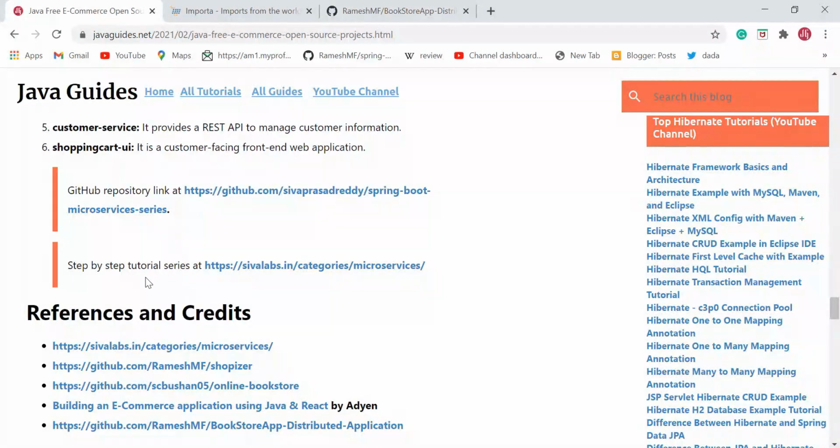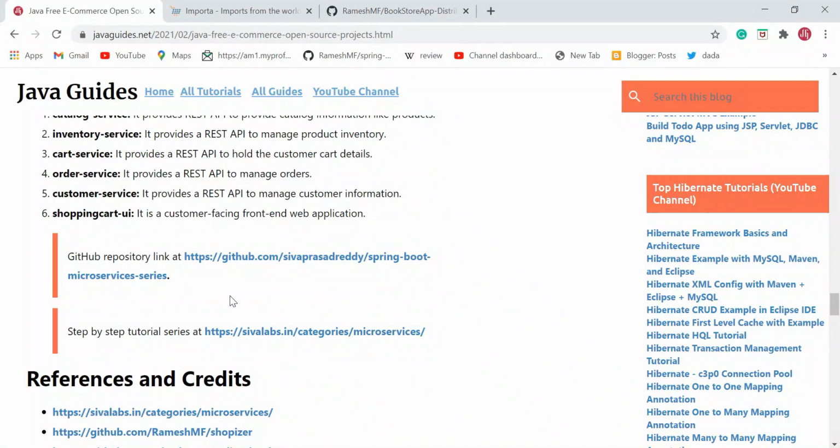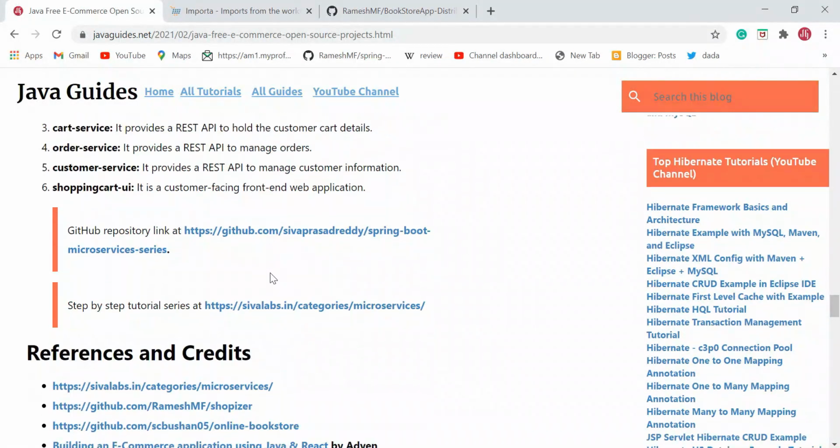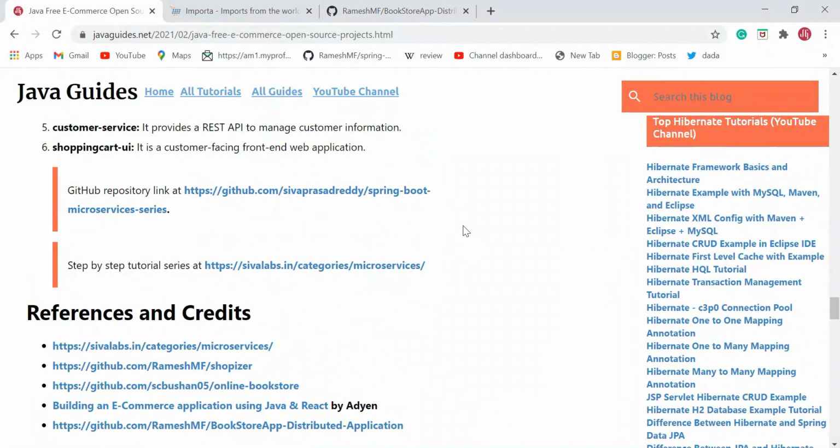So just go ahead and read this step-by-step tutorial, and you can get the source code of this microservice project from here. I have provided links over here guys. You can go ahead and check out the project source code, the demo, and the tutorials.